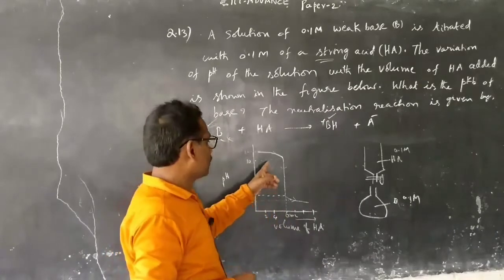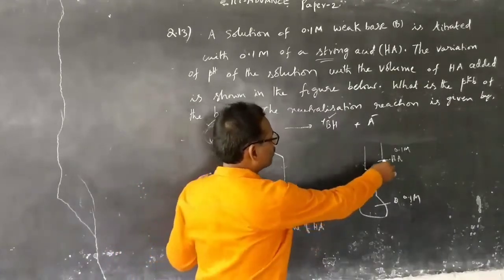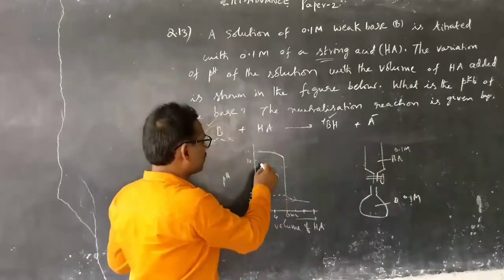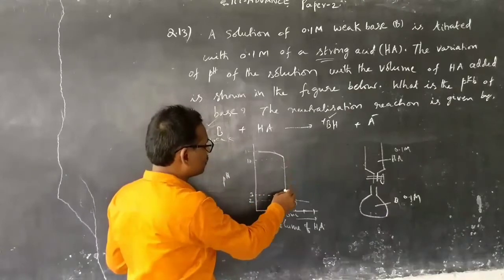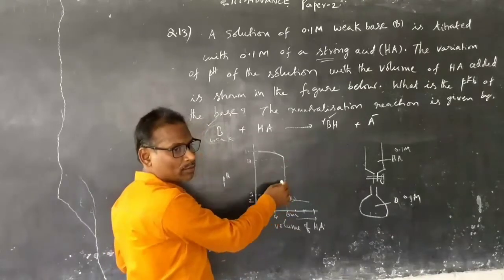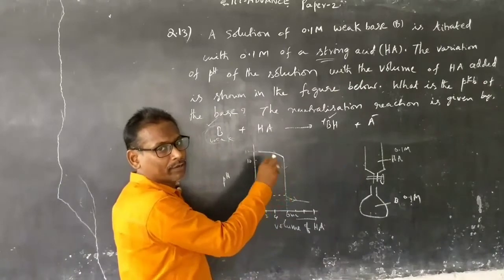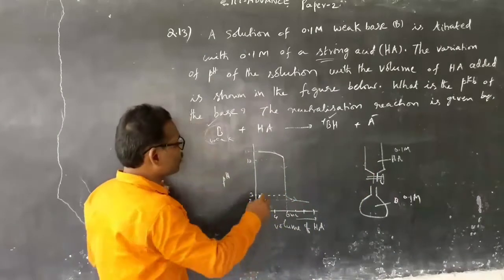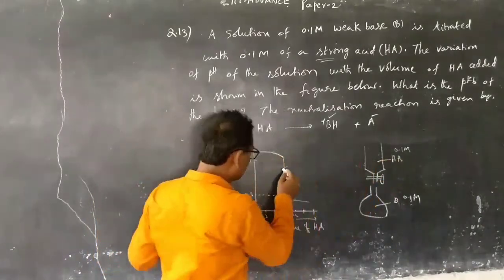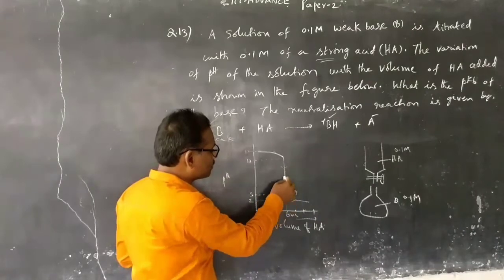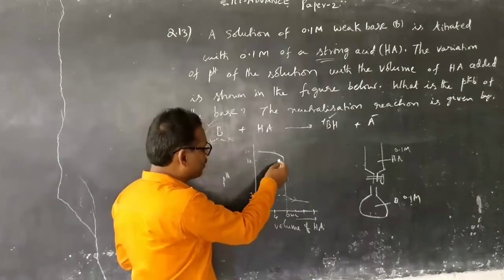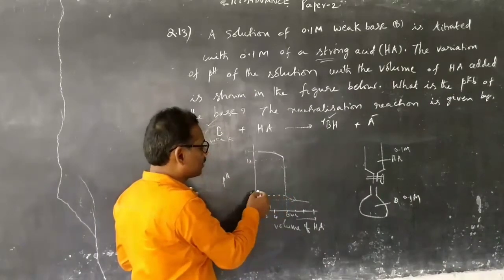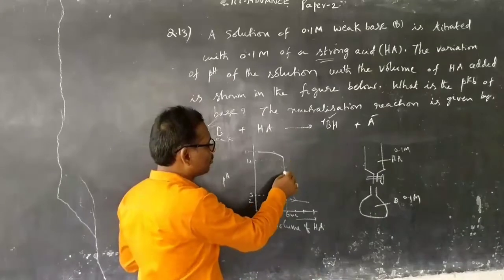So on addition of 0.1 molar HCl, a strong acid, namely HA, at one moment there is a sharp change in pH. A sharp change in pH normally indicates the neutralization point between the two reacting solutions, that is between weak base and strong acid. At which point, on addition of how many ml, does the neutralization happen? There is a sudden jump from 10 to 3. That means from basic medium 10 it falls to the acidic medium 3. The sudden jump has taken place, so it refers to the neutralization point.